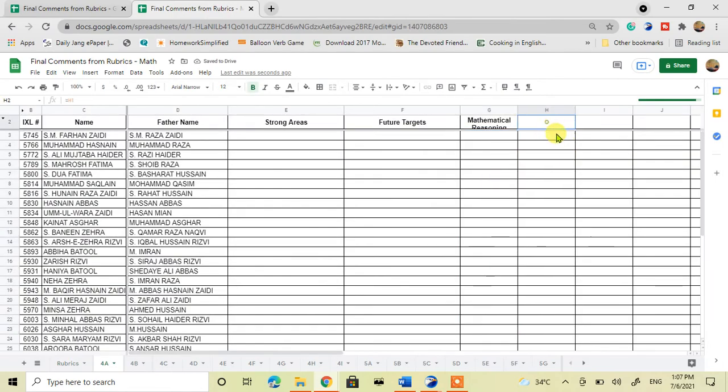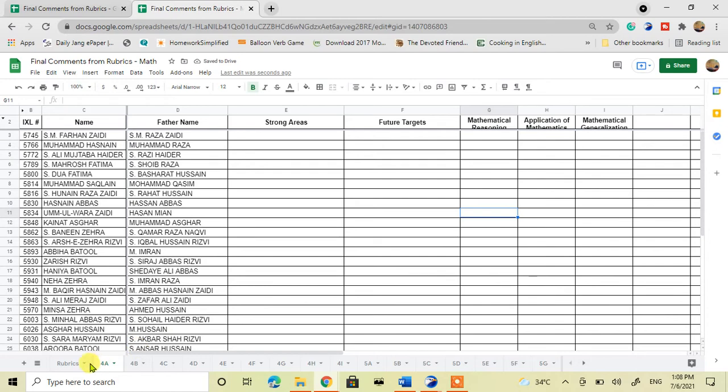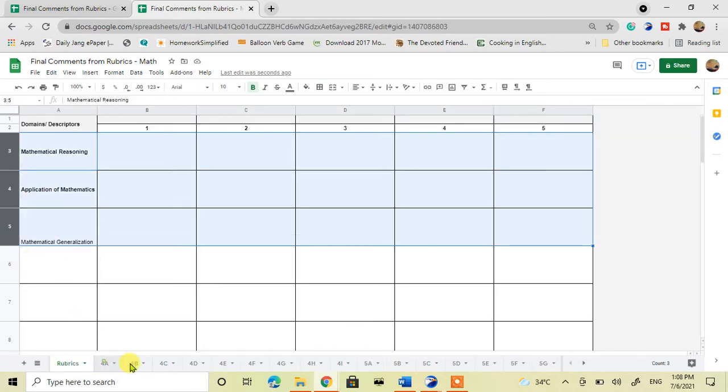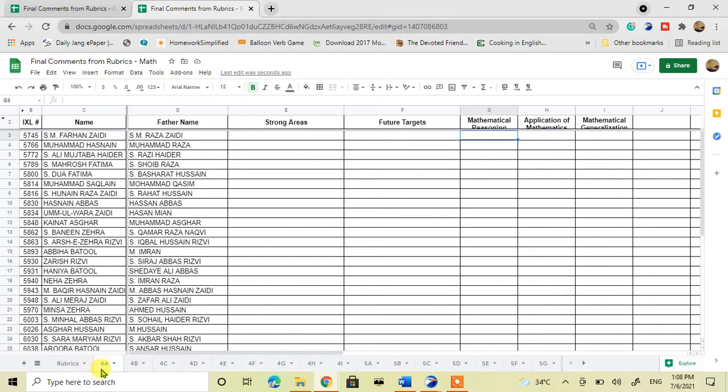You can see I have got another heading. The headings will automatically be here. You need to do nothing. You are just required to put the data of the student according to the requirement once you are done with your rubric. Let me give you one more, just to make sure you have understood: mathematical generalization. Great. If you see, as I mentioned, three domains in my rubric tab, in the other tab I have got three fields to fill data for particular students. So now I can start filling the data.